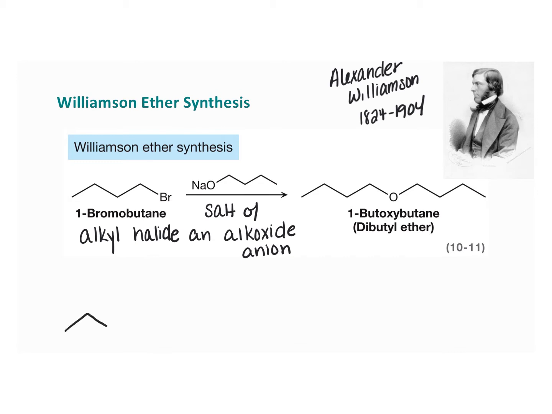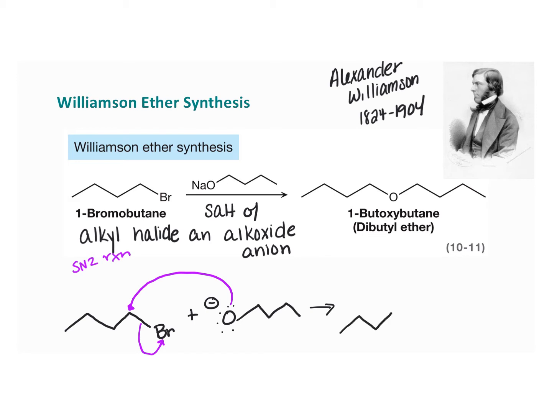And so if we were to look at the mechanism here, what we would see is that the electrons on the oxygen come and attack the carbon that the leaving group is attached to, okay? This, through a backside attack, is an SN2 reaction, right? And then these electrons go on the bromine, and what we see form then is the 2 groups remaining. So 1, 2, 3 from the alkyl halide. We put the oxygen there, and then